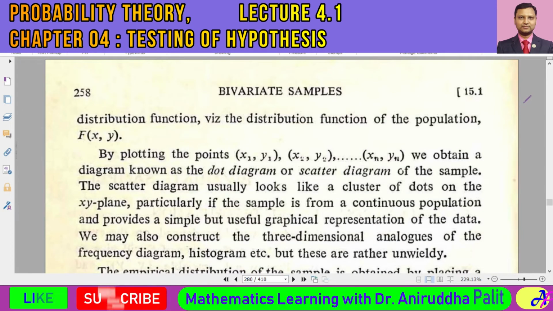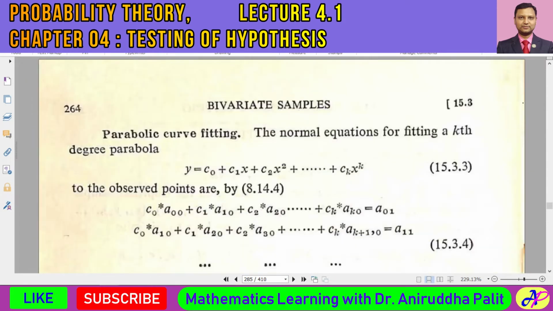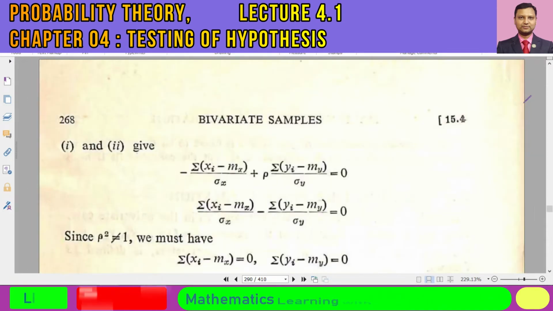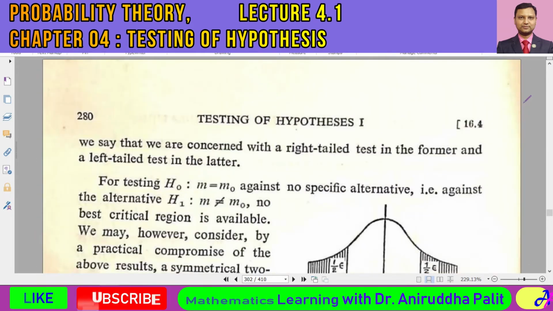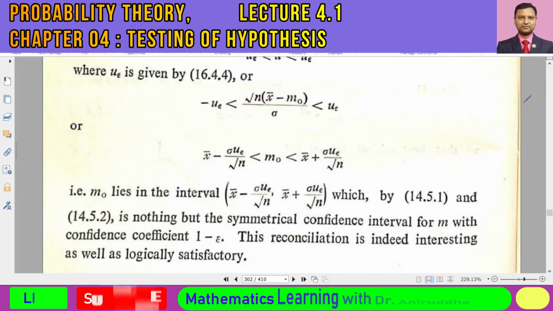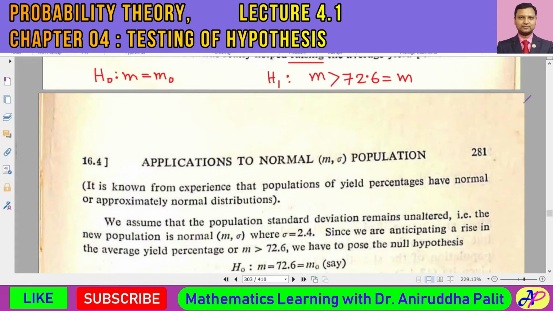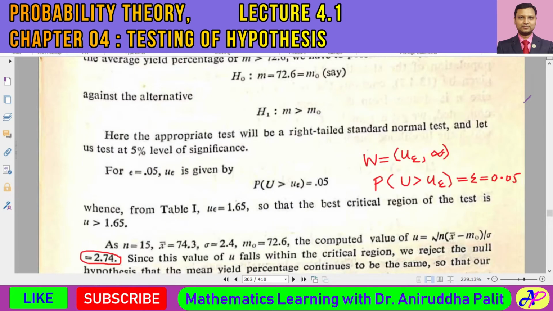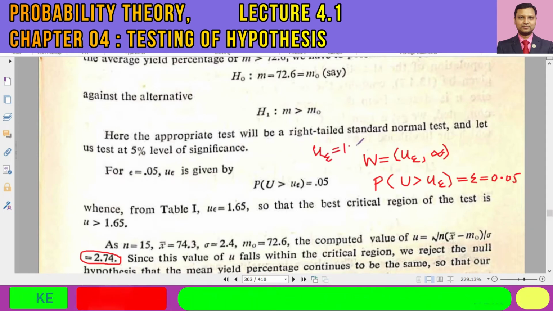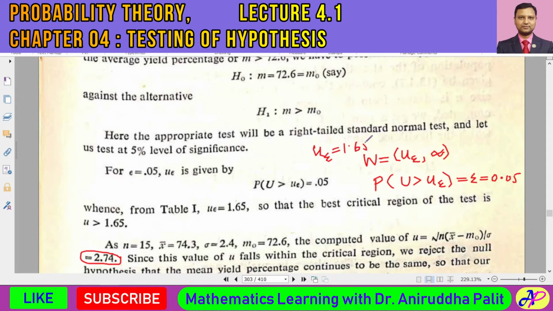Where was the question? Let me search it. Yes, over here. Yes, this one. So what we got? We got the result that this u epsilon, the value of u epsilon, is equal to 1.65 obtained from the table. However, as far as I can remember,